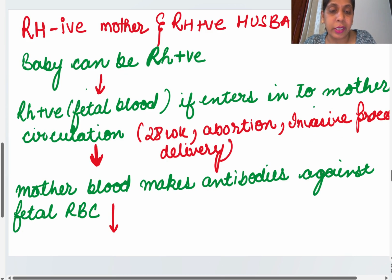Now let us go to the Rh negative. Here I just want to tell you in this chapter in short. Just listen to me, we are just covering here in the revision time one-liners. If the mother is Rh negative and the husband is Rh positive, then there are chances that the baby can be Rh positive, right? There is a 75% chance that the baby can be Rh positive. Okay, so